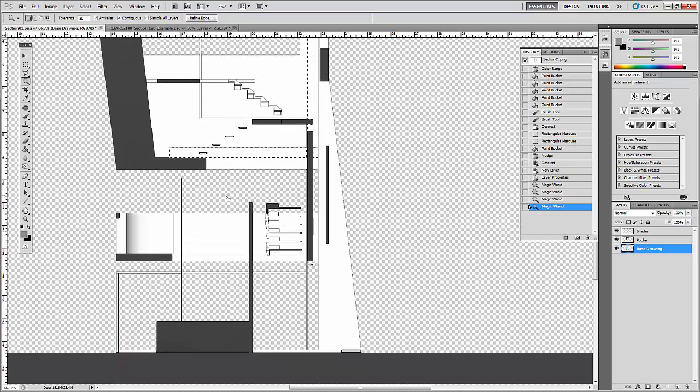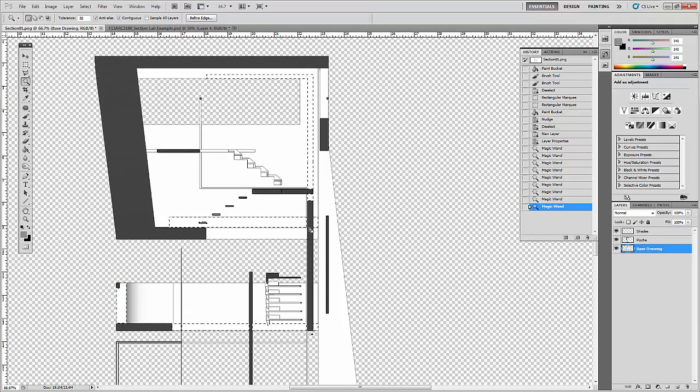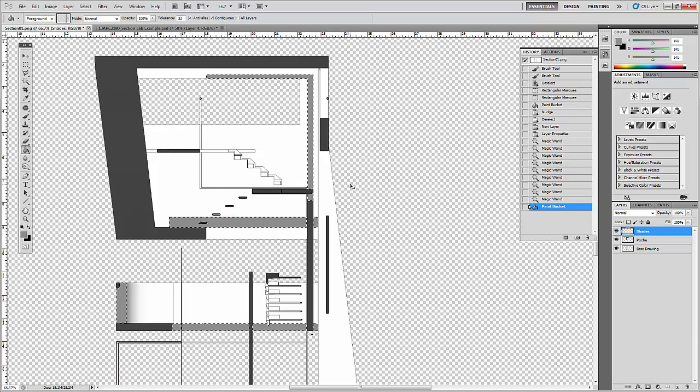And this is just a way that perhaps can help you tease out some of the depth differences of your section drawing. And then go back to the shades layer, right? Use the paint bucket tool to paint that in. Control D to deselect, right? And so this is just one layer, but the same way you work or manipulate line weights, you can easily imagine 3 or 4 different shades of gray